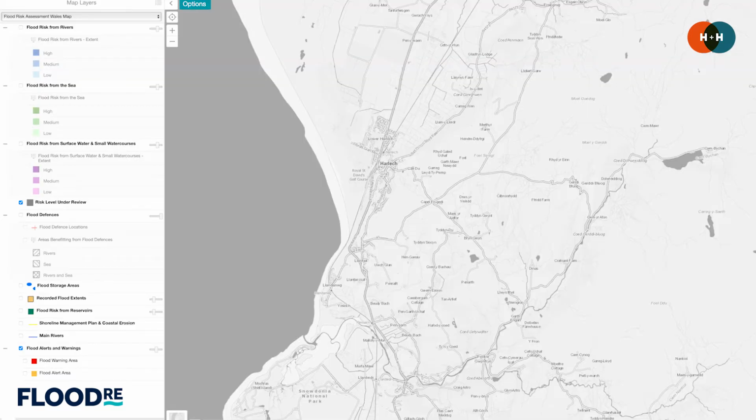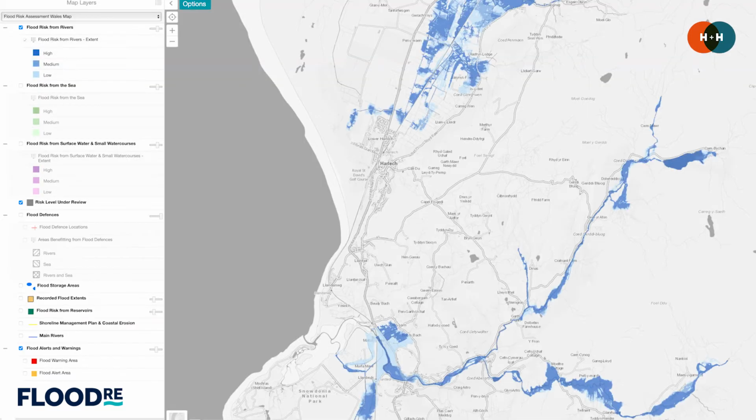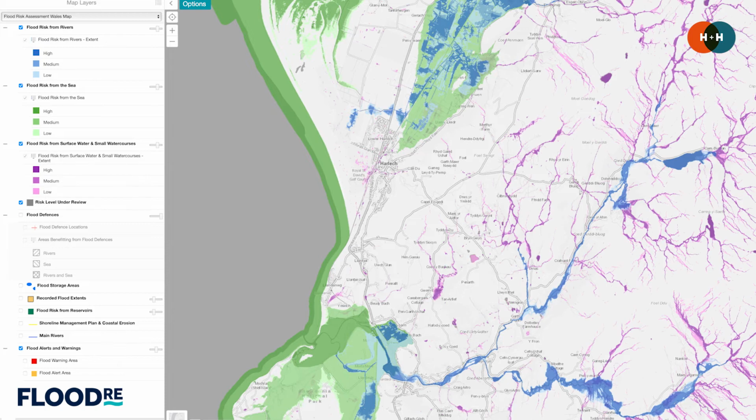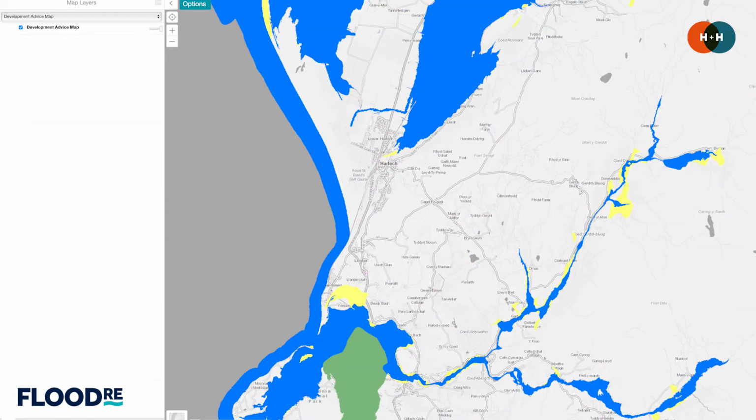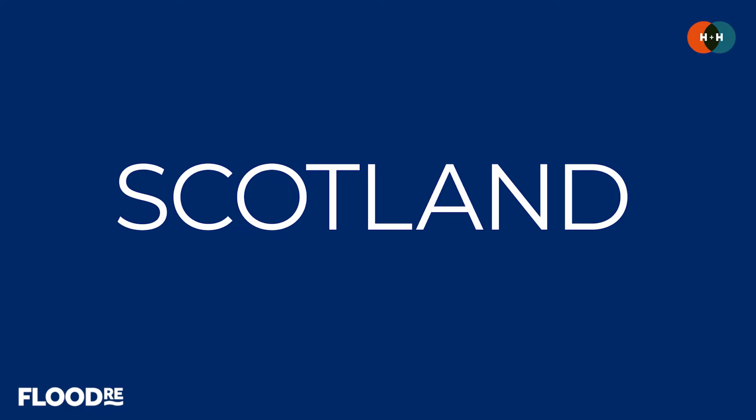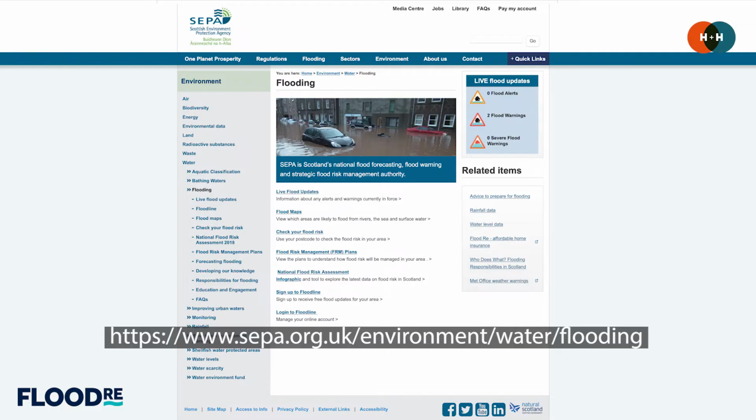This has details on the flood risk from rivers, sea, surface water and reservoirs, as well as showing the location of flood defences, historic flood extents, and the flood warnings that are currently in force. And for elements relating to planning and flood risk, Wales also has a development advice map that you can see here. In Scotland, SEPA's page that we can see here will show you the long-term flood risk in an area,